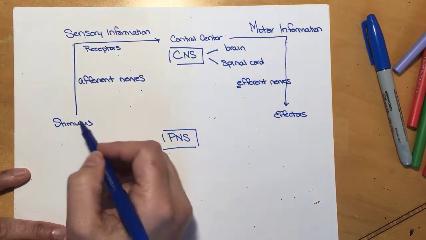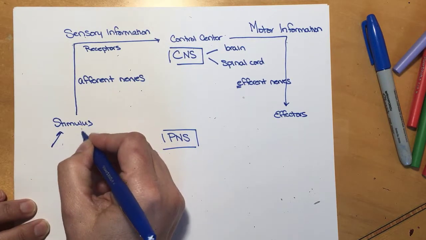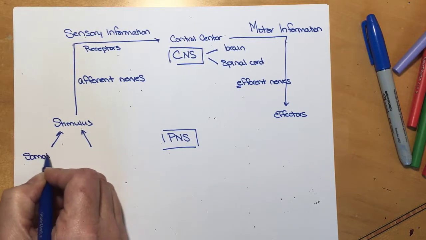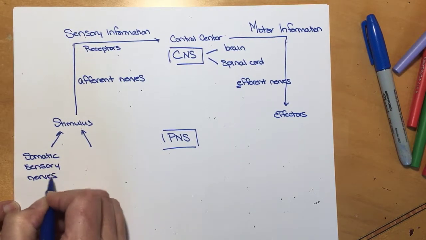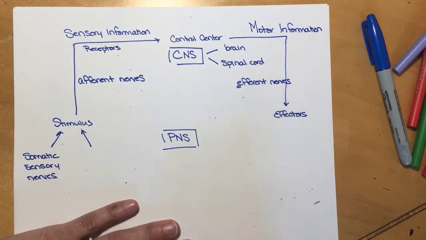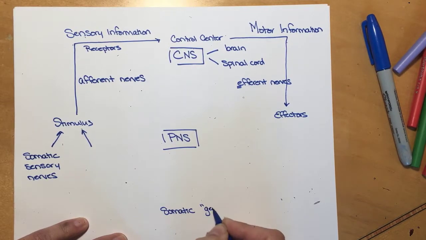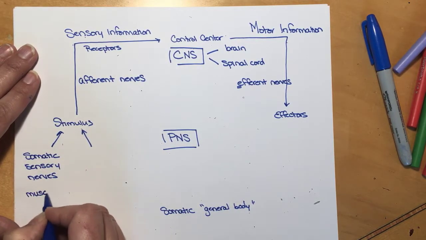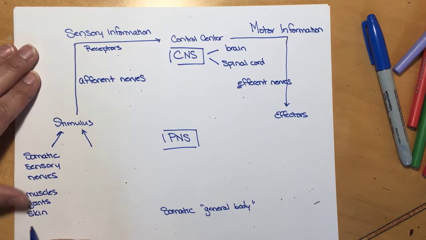So we can further divide types of stimuli. We have two different places that stimuli can come from. We have the somatic sensory nerves. And somatic means general body. So whenever you see something that says somatic, I want you to think of general body. All right, so your somatic sensory nerves are from your muscles, from your joints, from your skin, and your